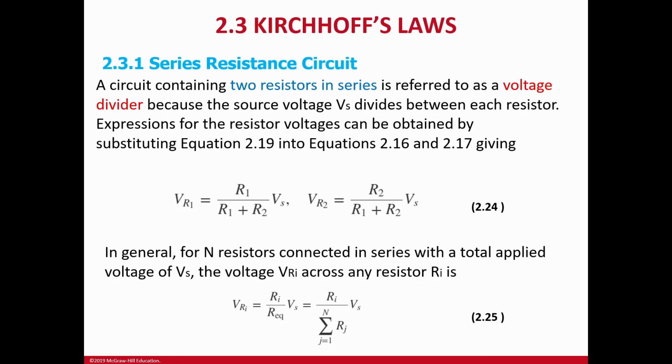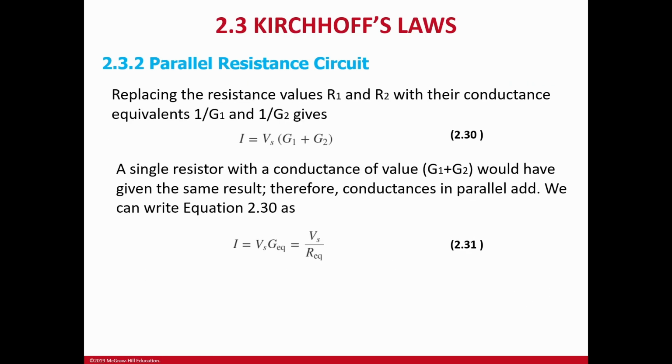So if you want to get the voltage for the R1, the proportion is R1 to the equivalent resistance. So you want to get the voltage of R1, and the numerator is R1. But for the current divider,